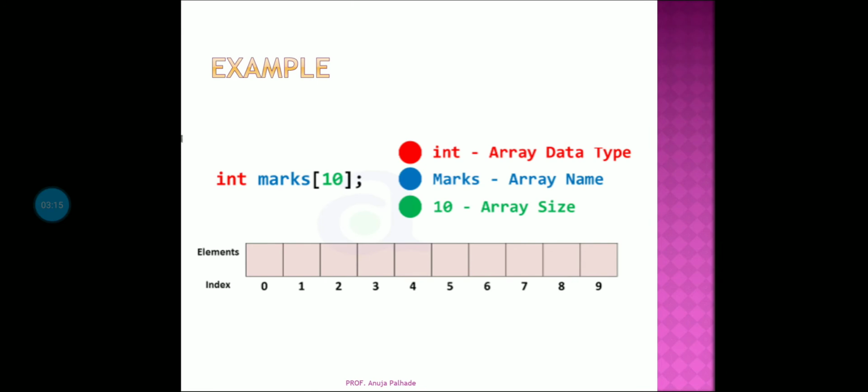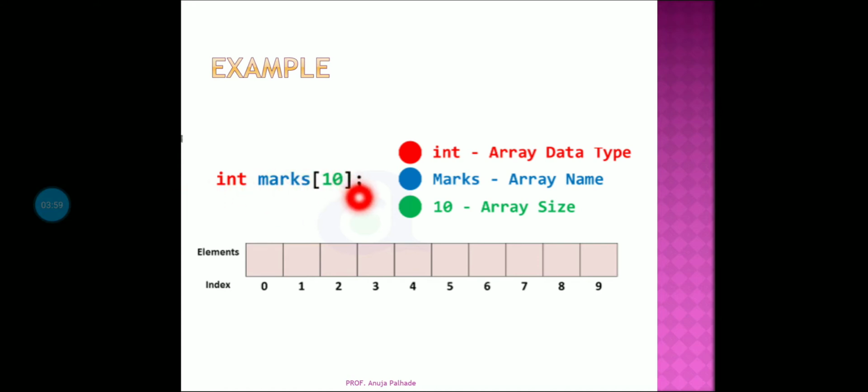So simple. This is another example. The size of the array is 10 here. You have to give which kind of data you are going to store here: integer, character, float. You have to specify the data type. Then the array name. What name do you want to give this array? Suppose I want mark, so I give mark. Integer storing marks, then name and size. In this syntactical manner you always declare the array. In square brackets you give the size of the array. So int is the array data type and mark is the array name. You can change the name to your choice.